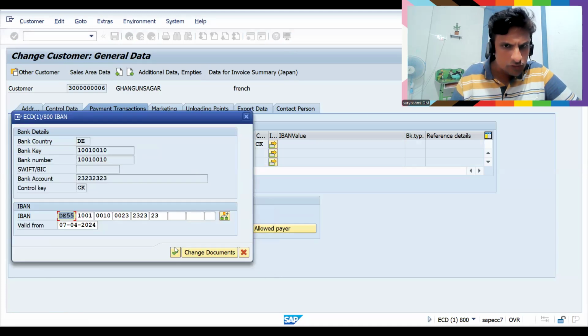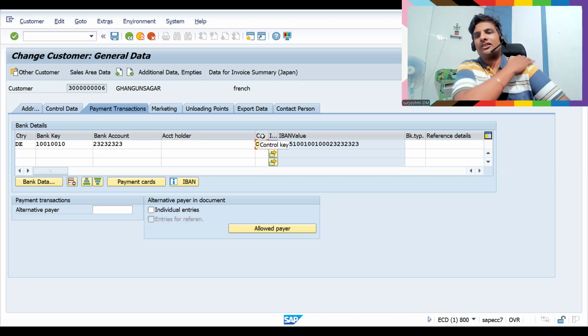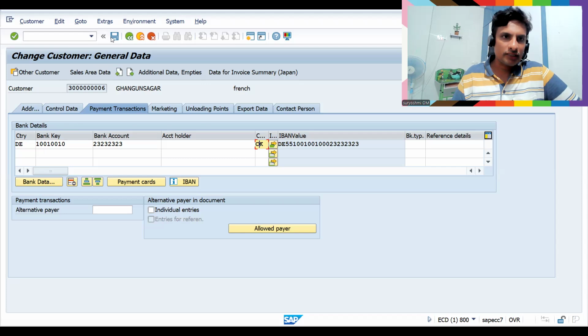So now you can see this. If I click this one, now it has picked up the details, right? So you are able to see the IBAN number, right? This is how it will be generated. So let's click this and see how it came. You have to get the IBAN number like this. This is for your international bank transaction. For example, this is DE, and this is the country where you require the cross-border transaction. This is how it has to work actually.